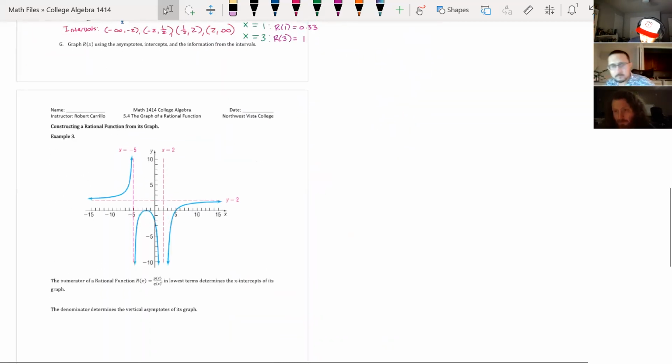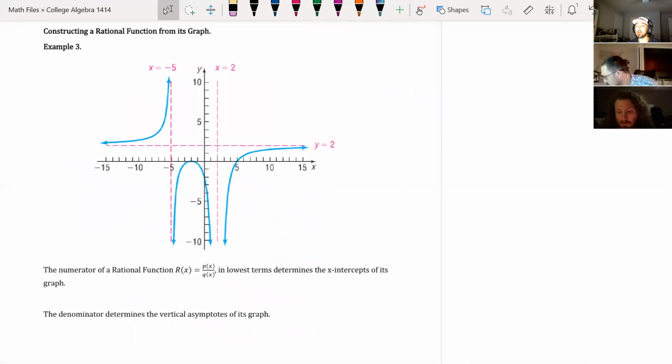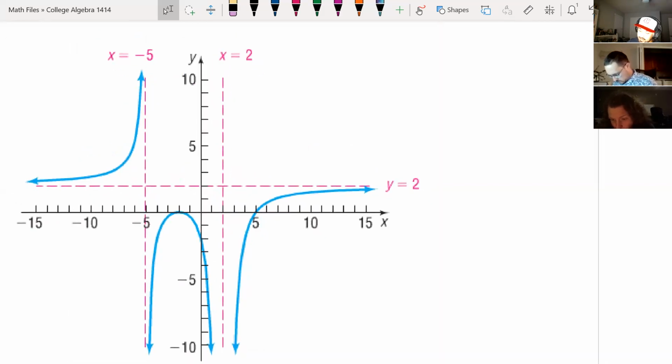Which brings us to our last one. Construct a rational function from its graph. Here we're given the graph of a rational function, and we want to put it into function form. One thing to remember is that vertical asymptotes come from your denominator and x-intercepts come from your numerator. So looking at this graph, if I want to put this back into function form,